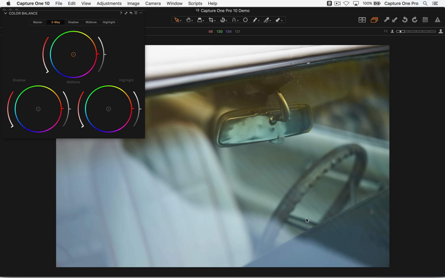So if we look at the shadows, which would be sort of down in this area, kind of up here, I guess, and just drag that, let's just cool that down, you can see that applies just a nice cool tone to the shadows. If we do the opposite and go to midtones, which is probably sort of around here, and drag it in this direction, then we get a nice warming effect. And so for the highlights, probably along the roof line here, then that warms that up like so,